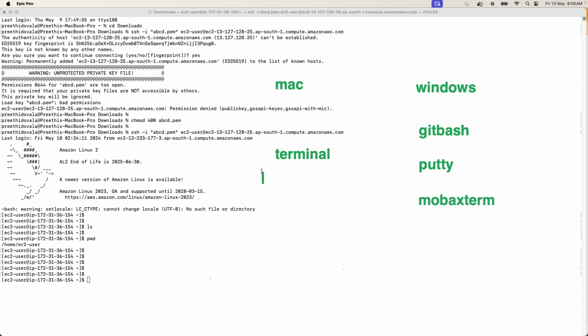And the terminal uses a PEM file. Git Bash also uses the PEM file which you downloaded. Putty also uses that key file, but it needs a different format, the PPK format. Right? That's the only difference. You can convert this PEM file into PPK format and use it if you want to use Putty